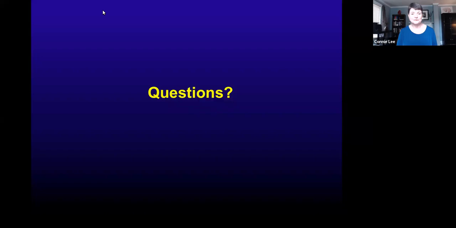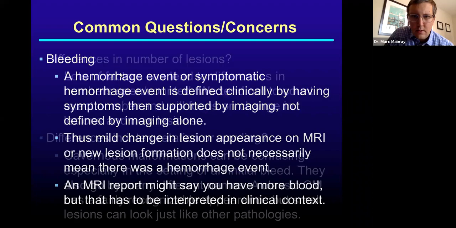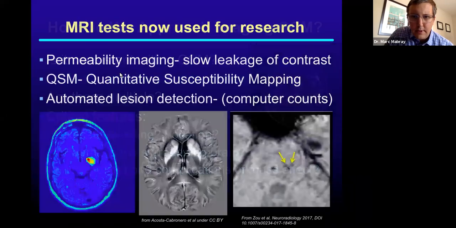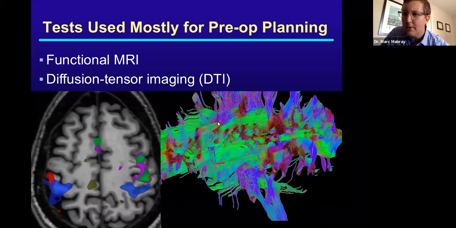What is tractography and why would it be used? Mark? Sure, let's see if I can go back. Tractography is this big conglomerate of connections which are called tracts. So tractography would be doing this diffusion tensor imaging sequence and then making models of the tracts of the brain. And that would be something used usually in the preoperative setting to have essentially a map to take to the operating